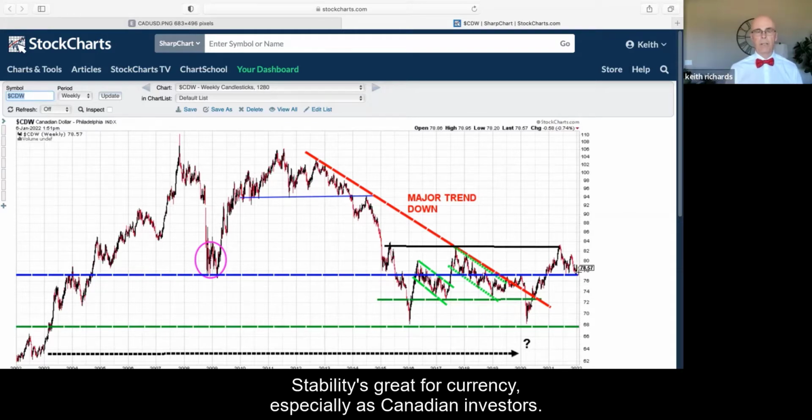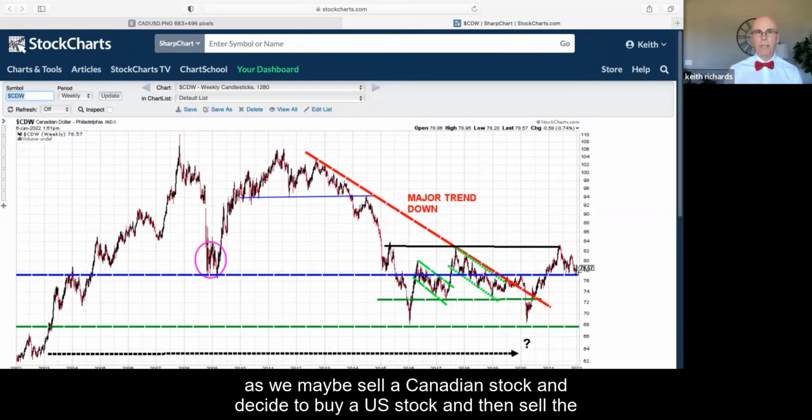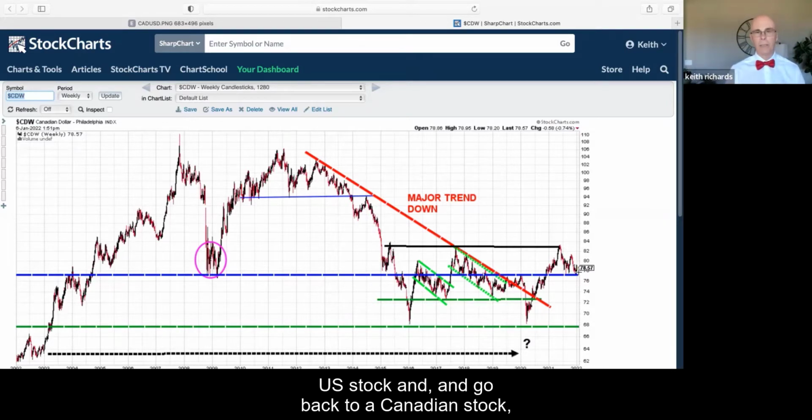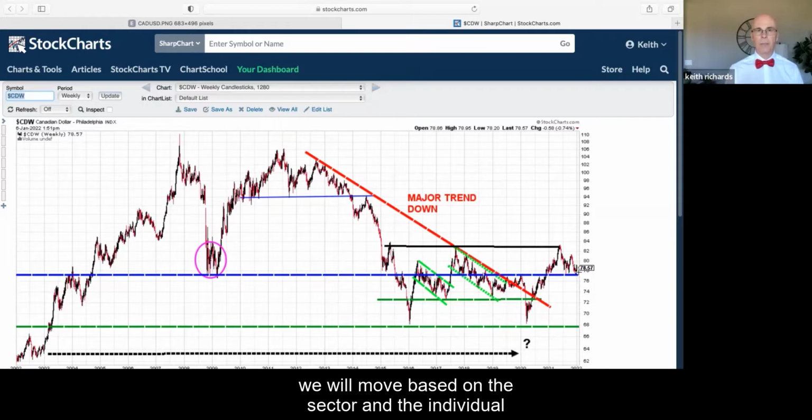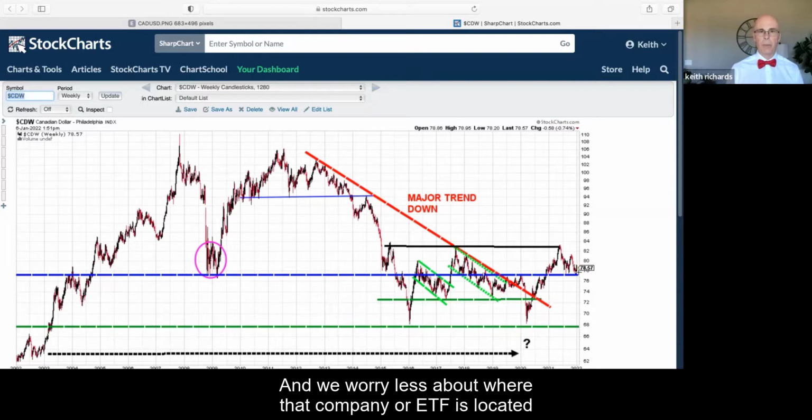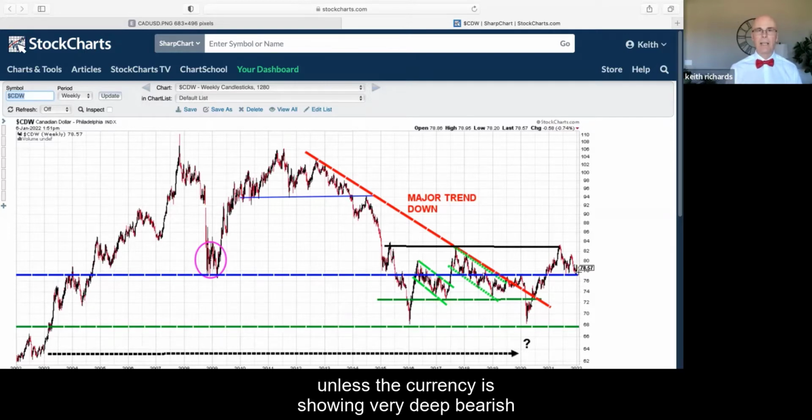Stability is great for a currency, especially as Canadian investors. If we are swapping between Canadian and US dollars, as we maybe sell a Canadian stock and decide to buy a US stock and then sell the US stock and go back to a Canadian stock, as we do at Value Trend quite frequently, we will move based on the sector and the individual stock, and we worry less about where that company or ETF is located and the currency, unless the currency is showing very deep bearish patterns or